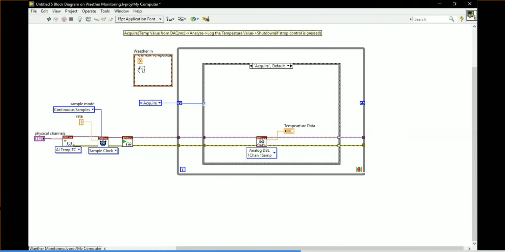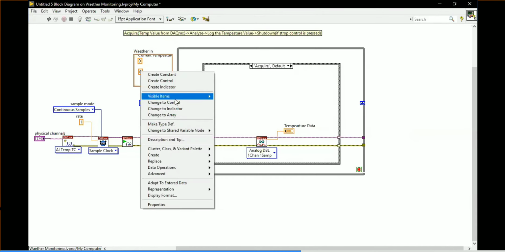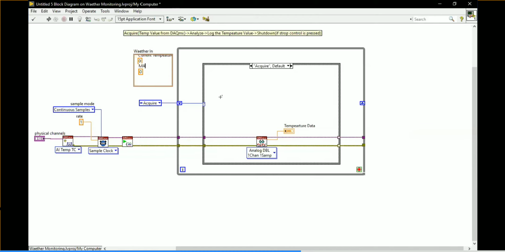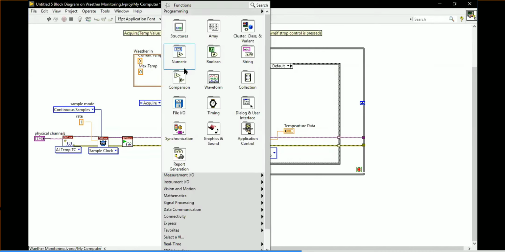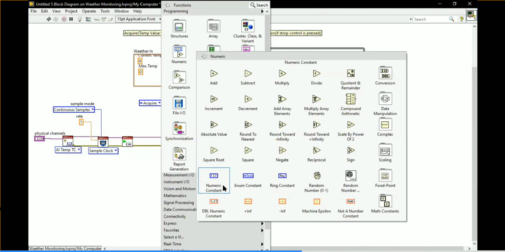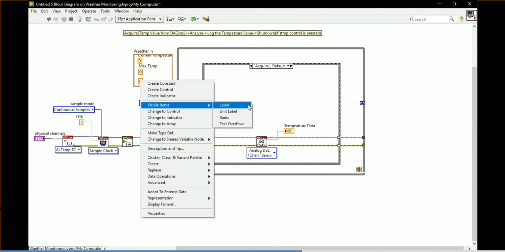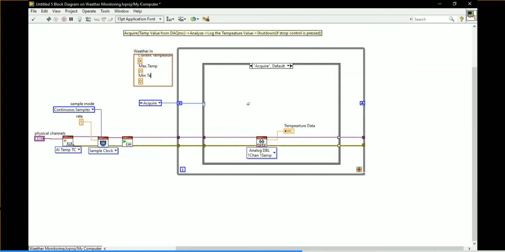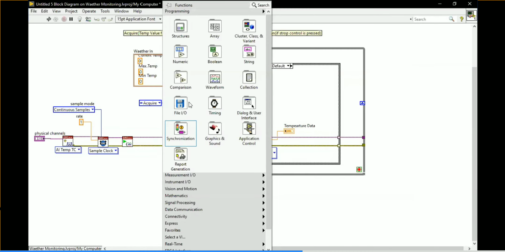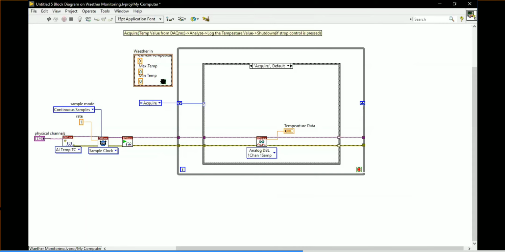So I'm taking one more constant value, and this is going to be the maximum temperature. Next will be the minimum temperature. Just provide a label for our reference. Here I have the status, so I'm going for the boolean, a false constant or true constant, whatever.